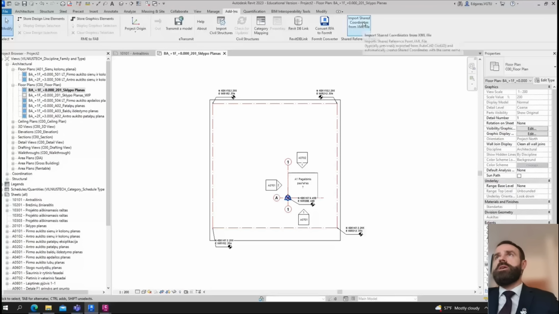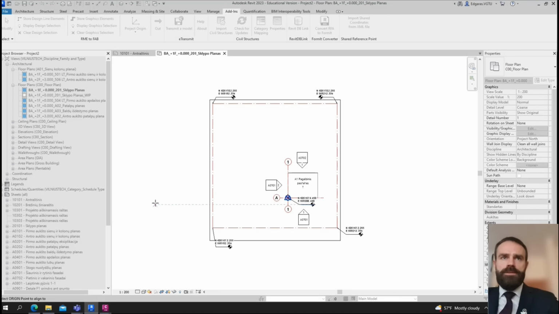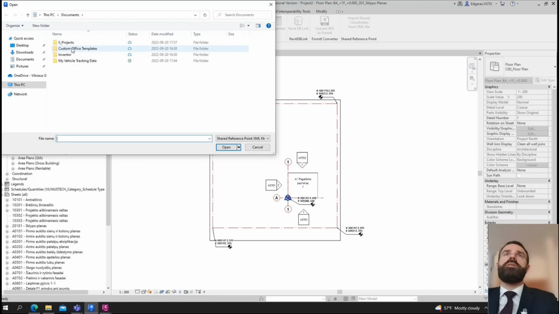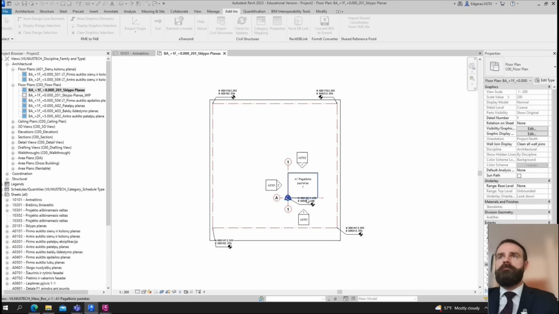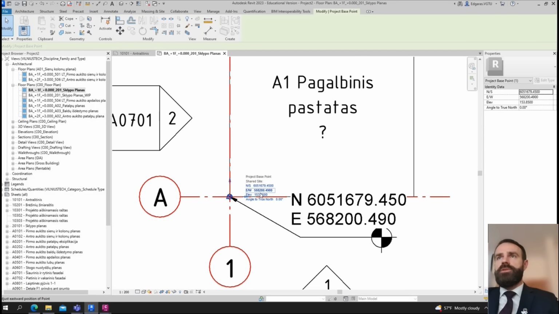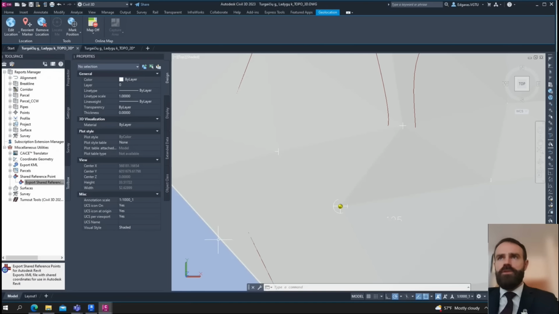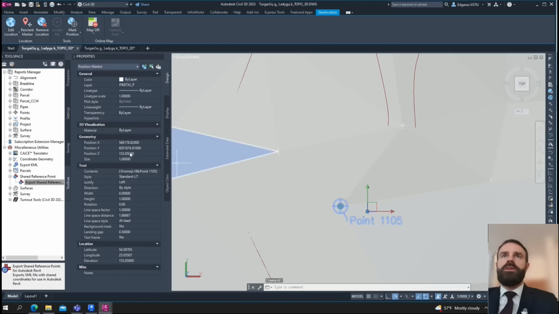I click Add-ins, import shared coordinates from XML file, and now select origin point. So I select my origin point, select on Y-axis up, and I go to projects, documentation, select this point, select open. Are you sure to create new shared coordinate? Yes. I click OK. And if I click on this point, I should see the same dimensions as in the main program. So if I select this point, I see